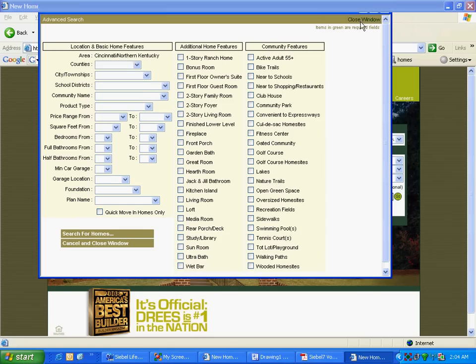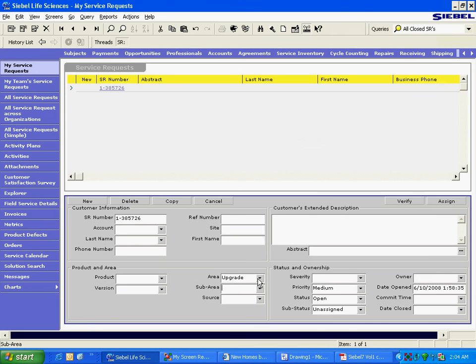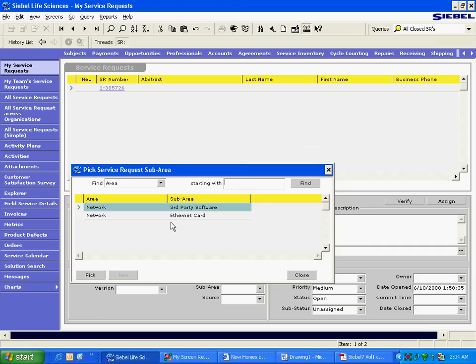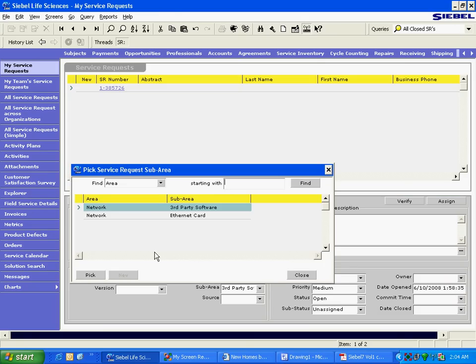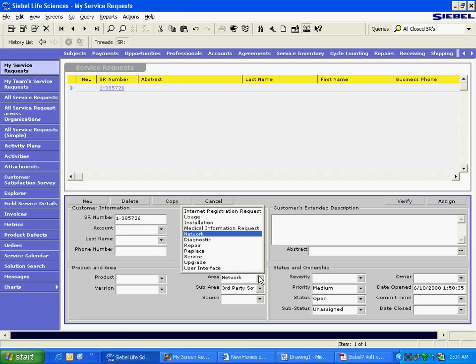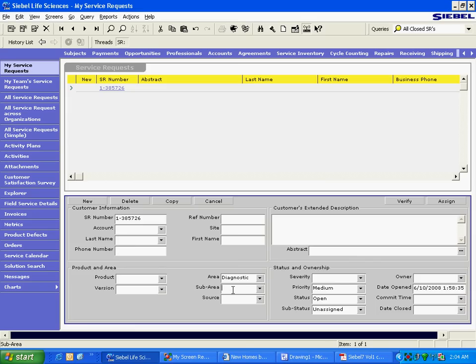Now the question is, is this mechanism possible in Siebel? Yes, it is. If I choose network, I can see different values, choices, in the other field. If I go to the first field, area, I can see different values in the sub area field. These are choices, not values. So we can pick one choice and now it is the chosen value. But we cannot pick the other values which were present before, because it is constrained. And if, after picking this, I go back and change it, see, this became blank. It just doesn't allow me to choose; it constrains the users. Okay?